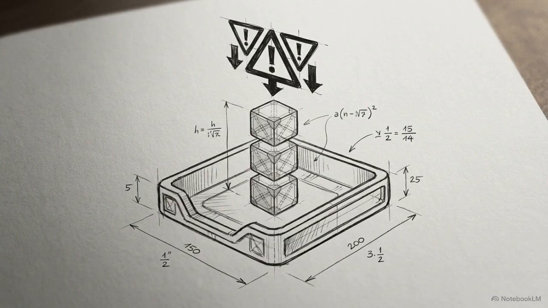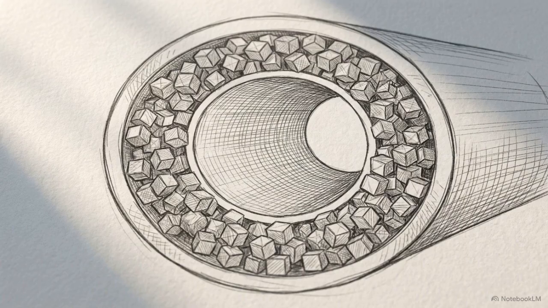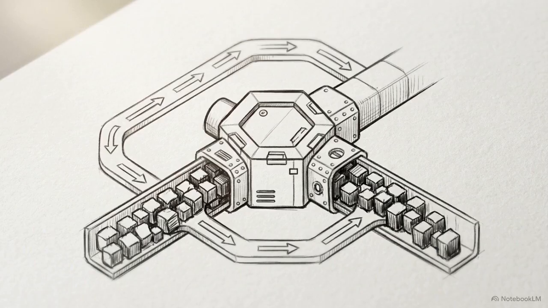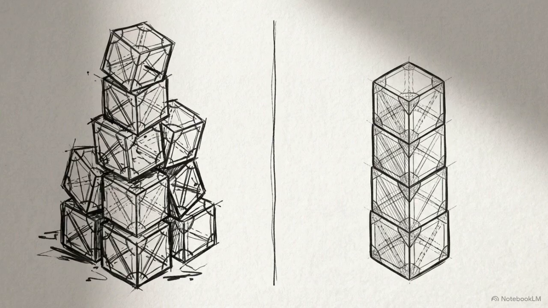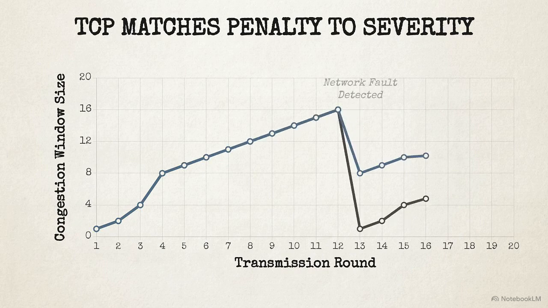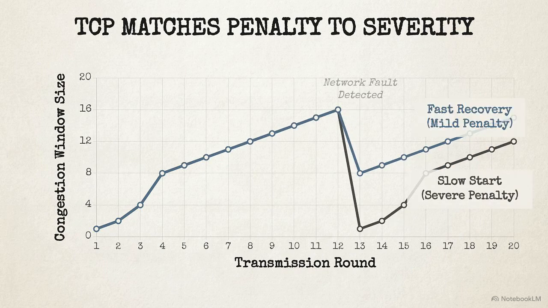Not all packet losses are handled this severely. A drop can also be detected by receiving 3 duplicate acknowledgements. 3 duplicate ACKs indicate mild congestion. It means packets are still flowing through the router. They are simply arriving out of order because one was lost. Modern implementations like TCP Reno use a fast recovery bypass for this scenario. Instead of resetting the window to 1, it only drops the window to the new threshold plus 3 segments. These diverging state transitions allow TCP to apply proportional penalties based on the specific physical severity of the network fault.